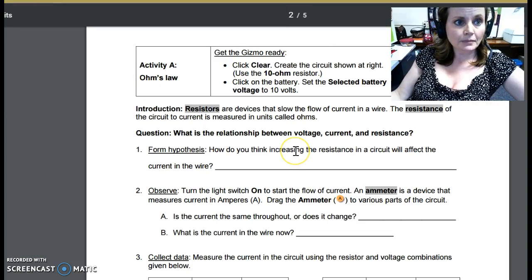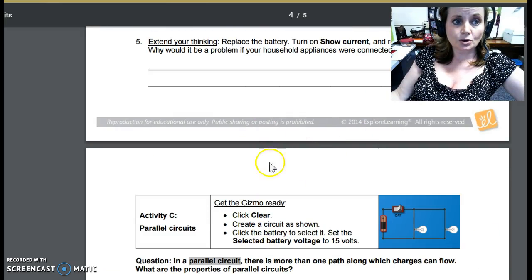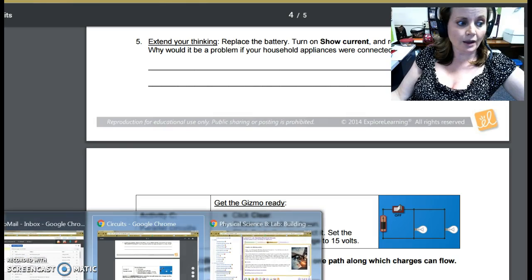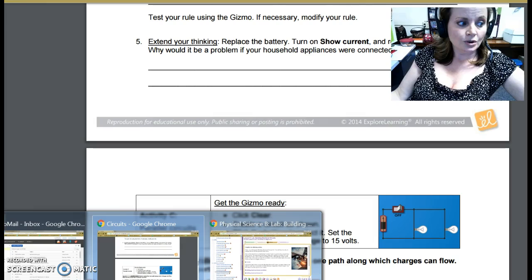This one. This is going to pop up the student exploration sheet when you go to the gizmo, and this is going to give you the directions, what to do, questions it's going to ask you and stuff like that, but I don't want you to turn this one into me, okay? So going back to